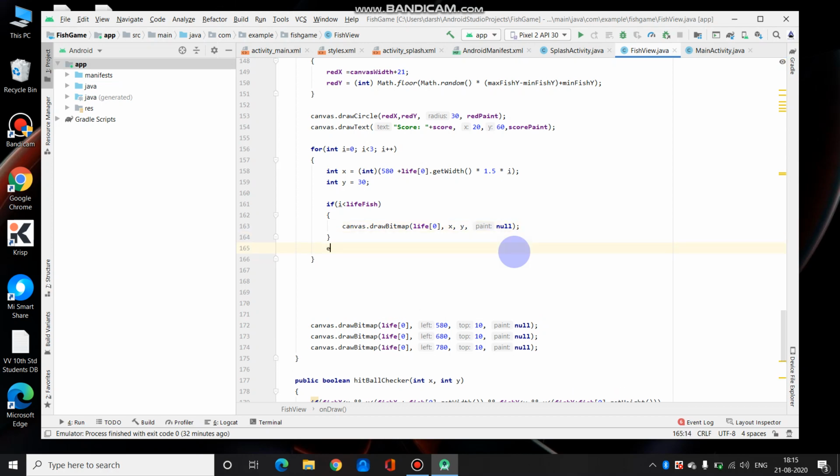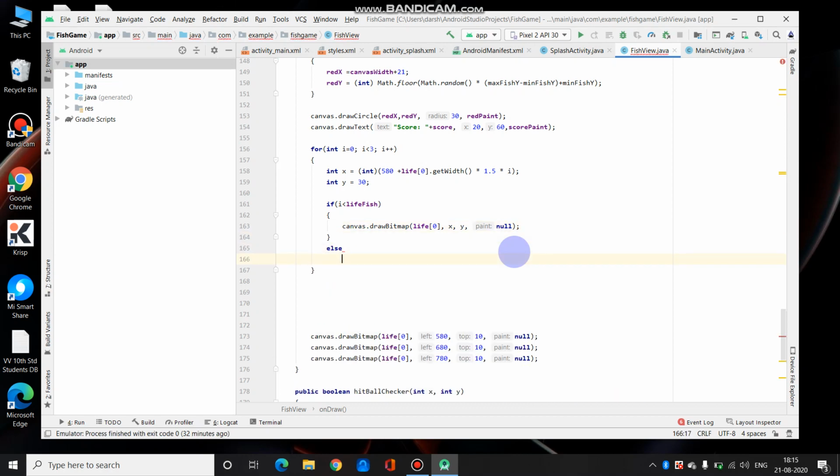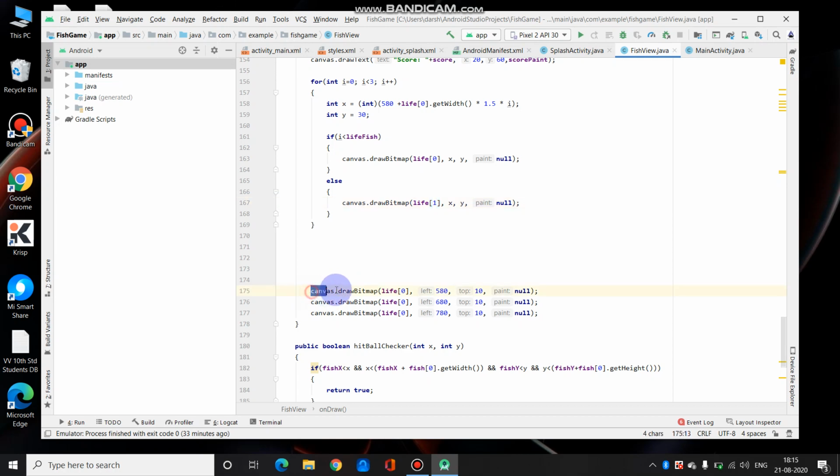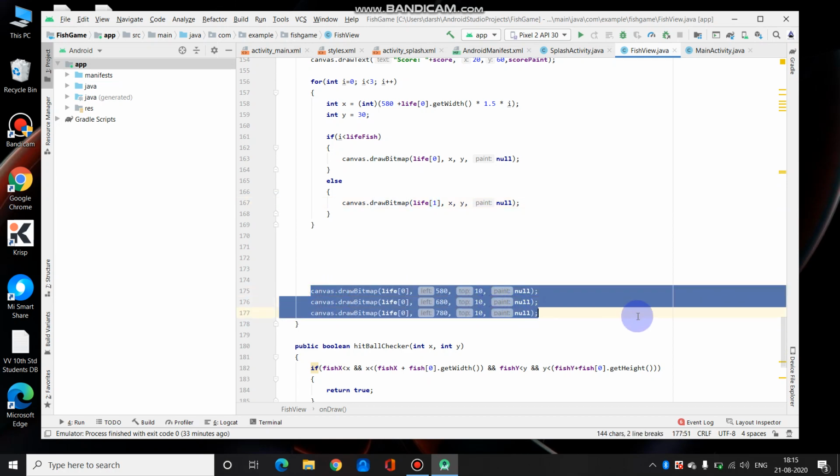And obviously the else part, so else, and we'll copy the same thing again and paste it over here. Obviously in the else part, 1 will come here. And there is no need for this anymore now, so we'll just remove all three.